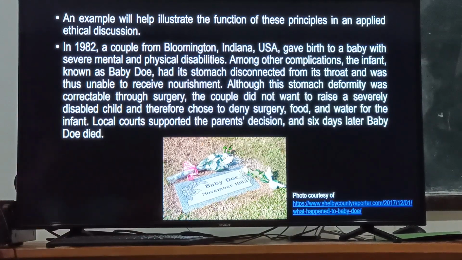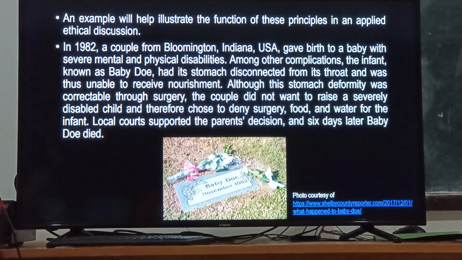Okay, let's take a look at this example. This is a true story which happened in 1982 in Bloomington, Indiana, USA. This is a story about a couple who gave birth to a baby with severe mental and physical disabilities. Among other complications, the infant, known as Baby Doe, had its stomach disconnected from its throat and was thus unable